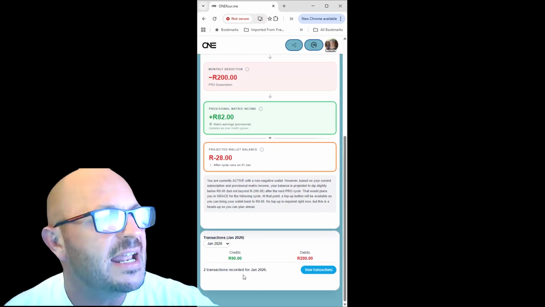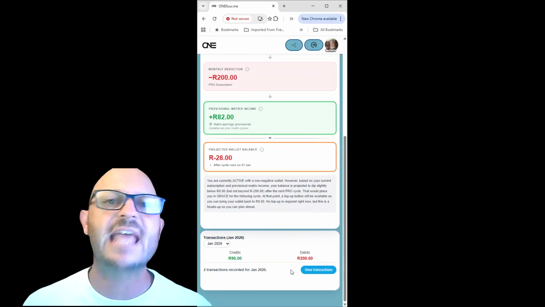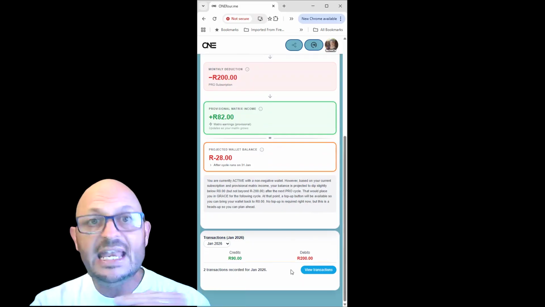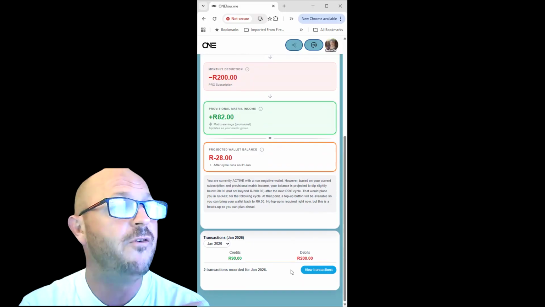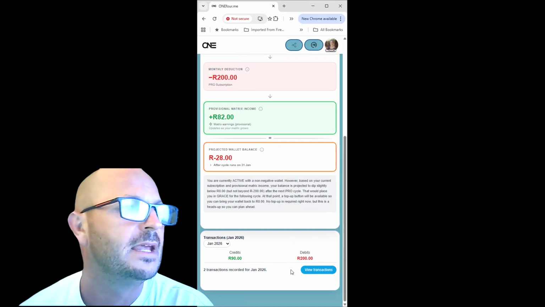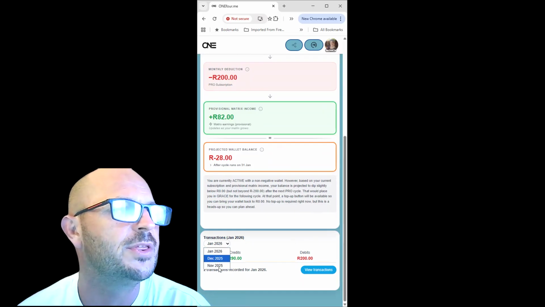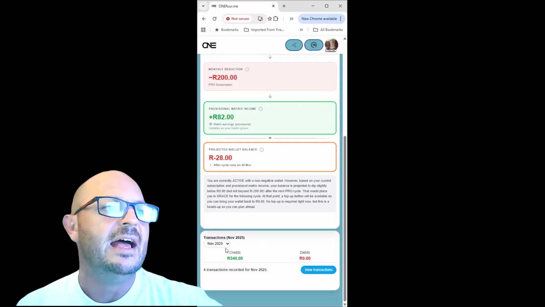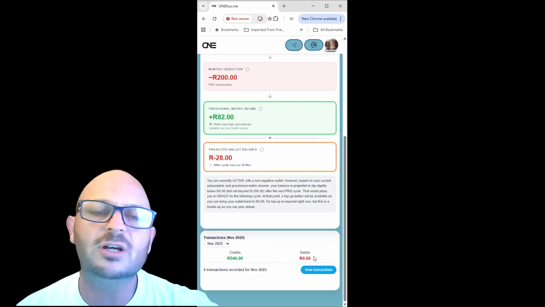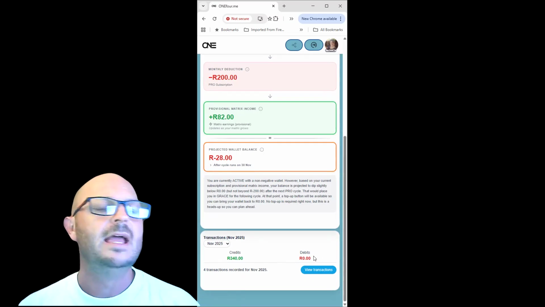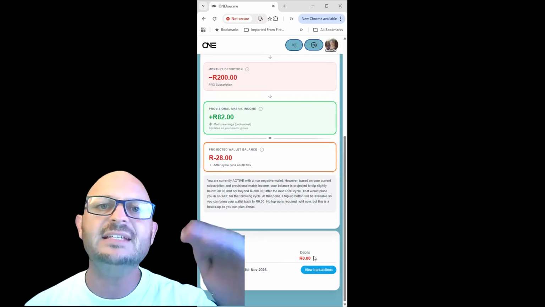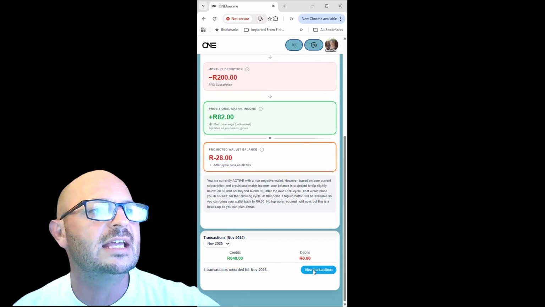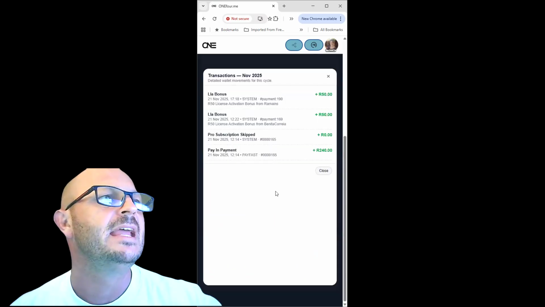Then the block right at the bottom is just transactions. It shows you what transactions have gone in and out of your wallet for that specific period. So let's start with November. I'm going to show you what this looks like. I had a third block here, but I took it out because it confused people. All it shows now is credits and debits into your wallet. That's all it shows. So here you can see 4 transactions for this month.